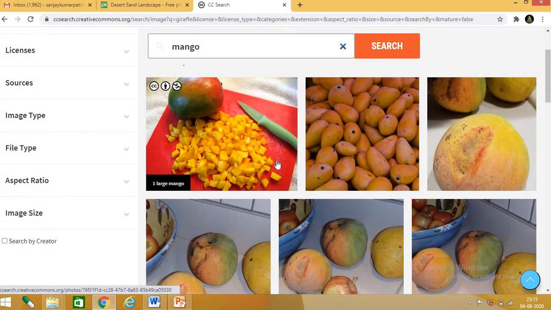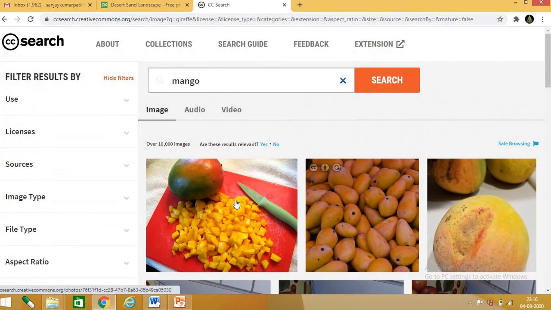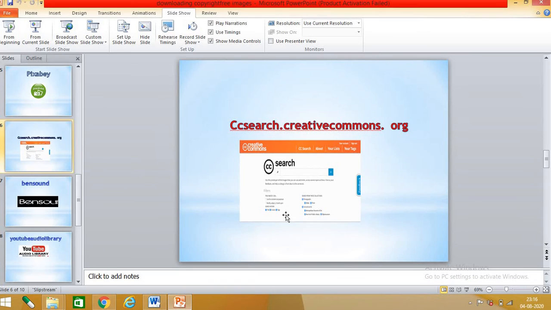So I get hundreds of mangoes here. So remember CC search creativecommons.org. This is also a free website. From here you can download images, audios and videos also.